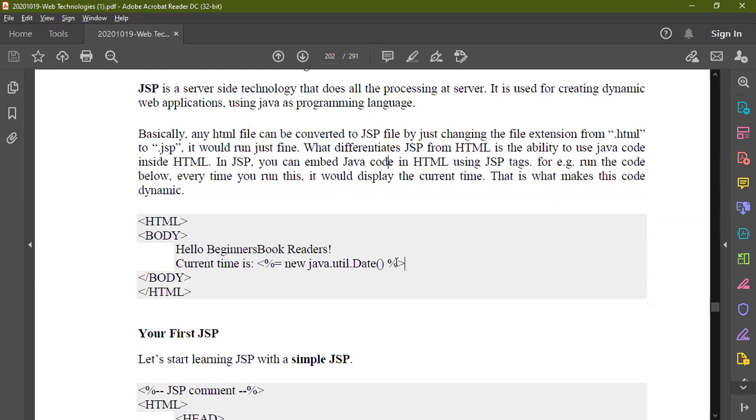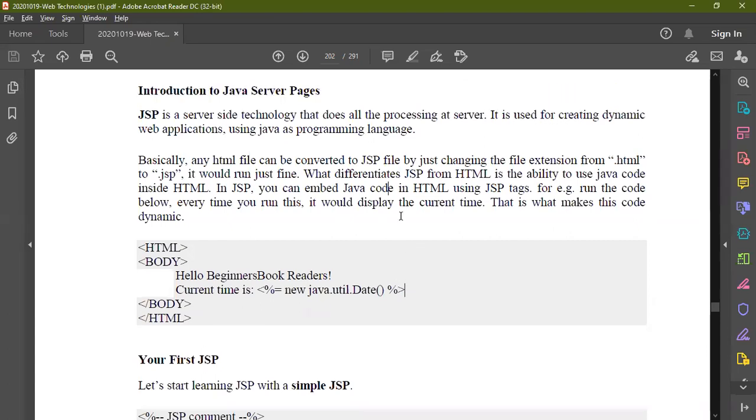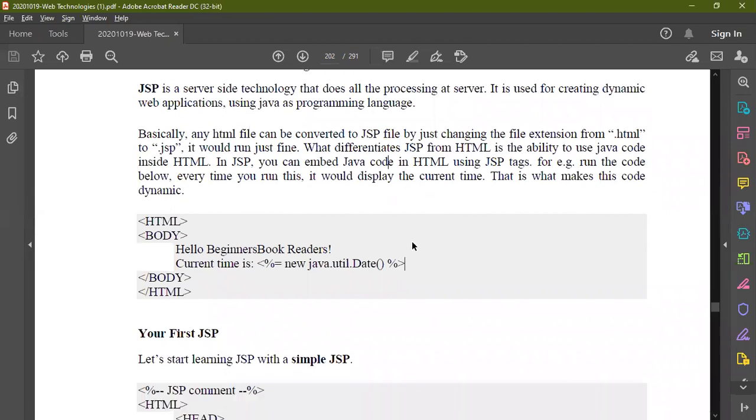Hope you understand. So here we discussed two points: what is JSP, and what is the use of JSP. JSP stands for Java Server Pages, and its advantage is to create dynamic content compared to HTML's static content. The difference between HTML and JSP is that in HTML you can write only static content, and it does not accept any Java code, whereas in JSP you can use the HTML tags, and it is also capable of accepting your Java code like this. This is a major difference.